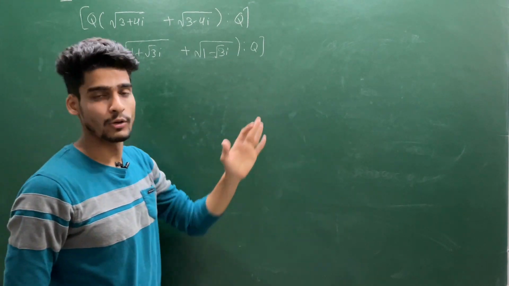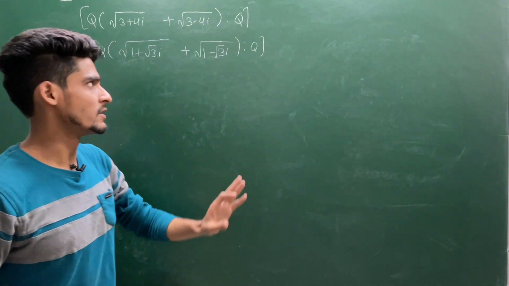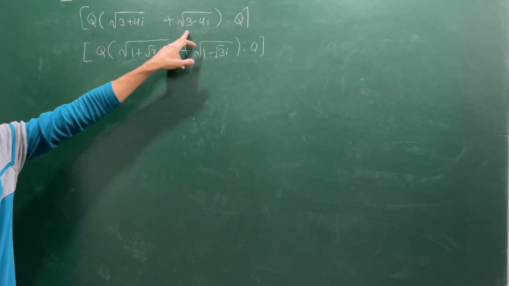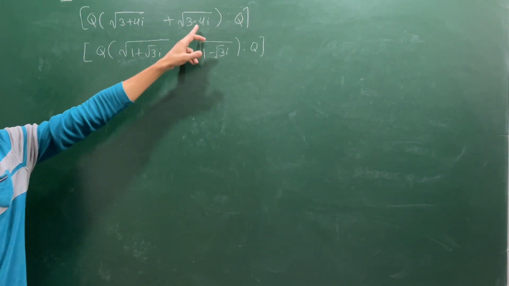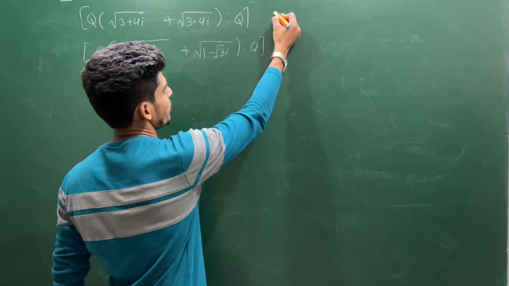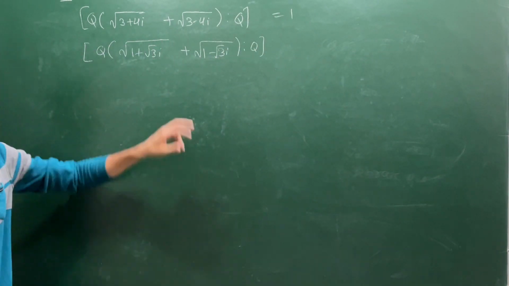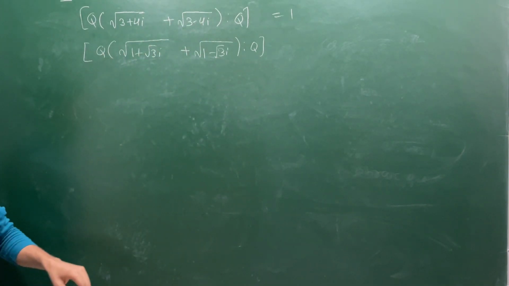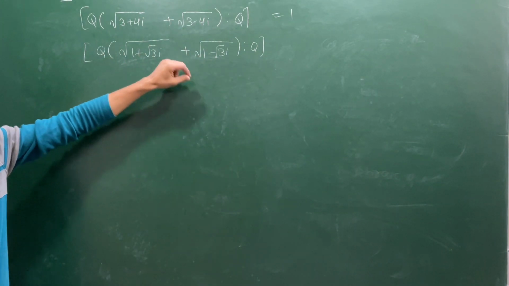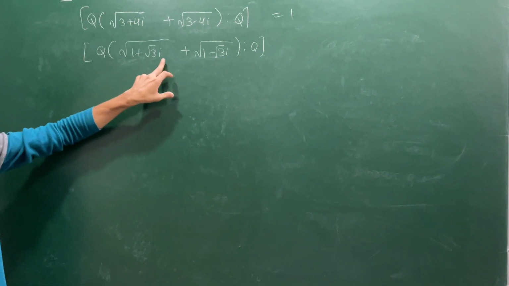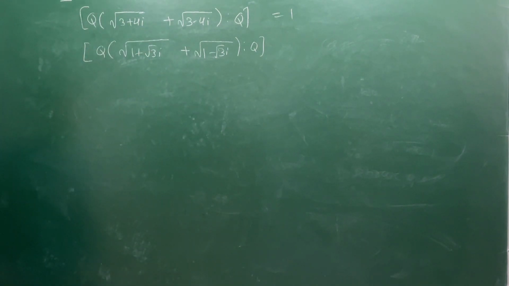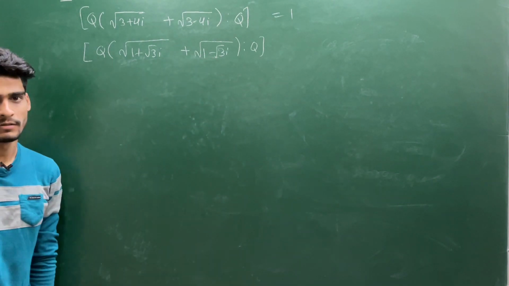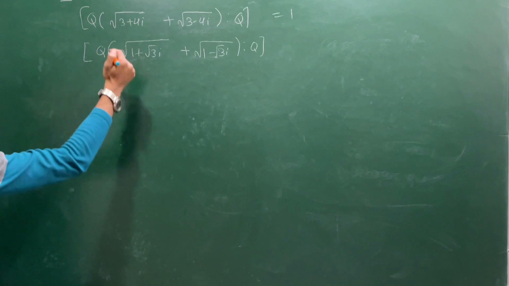See, if you guess in your examination, there is a high chance of committing a mistake. This looks like a very complicated type of problem. But if you see, the degree of extension is 1 actually. So this is not a new extension, this is just Q, you can say. And the same technique you can use here. I will solve this problem and I will give you a hint for the other that you can solve by yourself. But trust me, if you are not able to solve this problem, you are not getting the idea. So let's solve this problem.